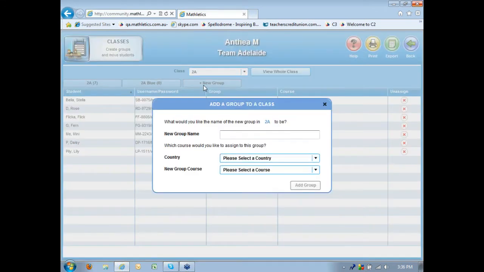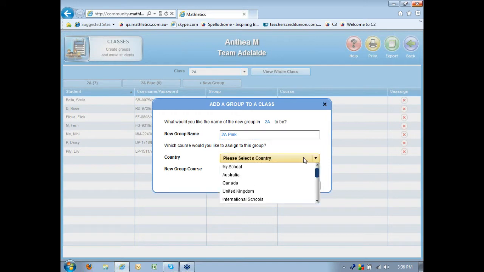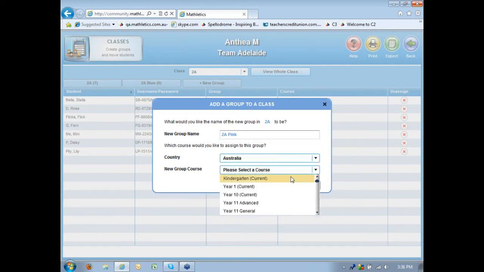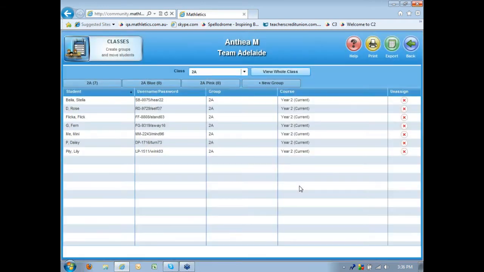I'm also going to create another one, and this time I'm going to name it 2A Pink. I'm going to select the country as Australia, and now I'm going to select the Year 3 course and click Add Group. So now I've got my Year 2 students. I've created a working towards and a